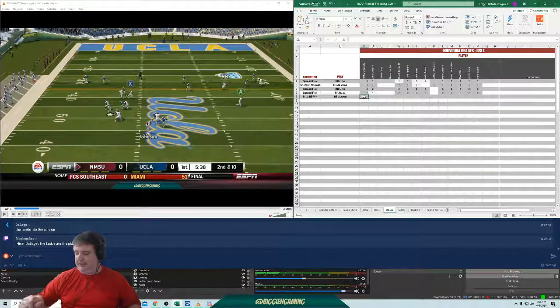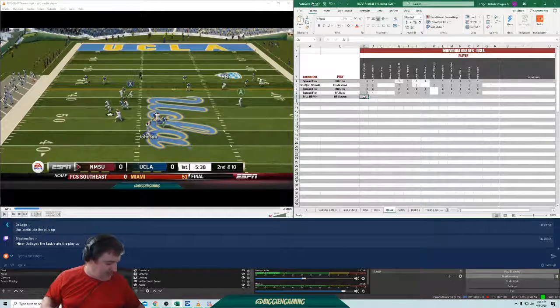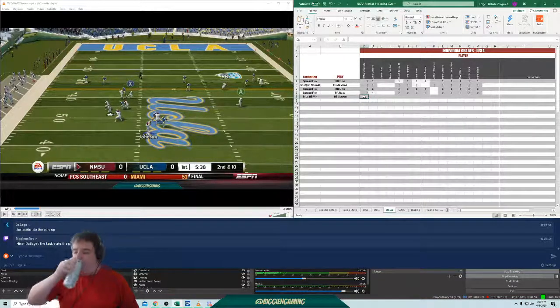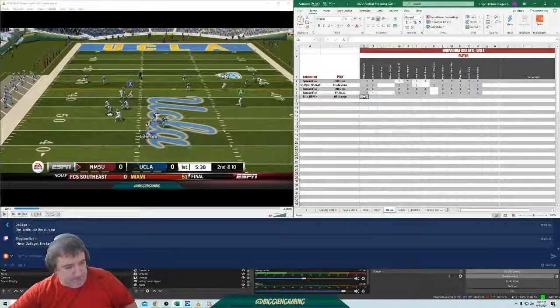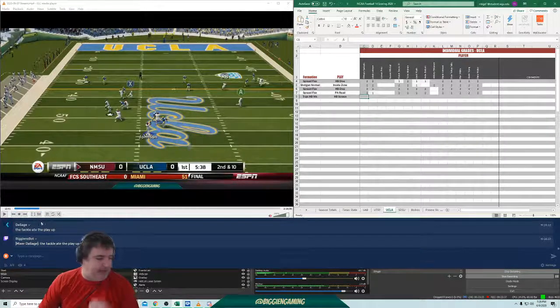You know, I watch some people play in this game, or I'm watching with fans and they go, wow, what are they doing? It's like, dude, you got to remember, this is a Pac-12 team. I'm not a Pac-12 team. This team's an 87 overall. I'm a 68 overall. There's going to be moments where plays like this just occur. Okay, give myself a little bit of energy right now.